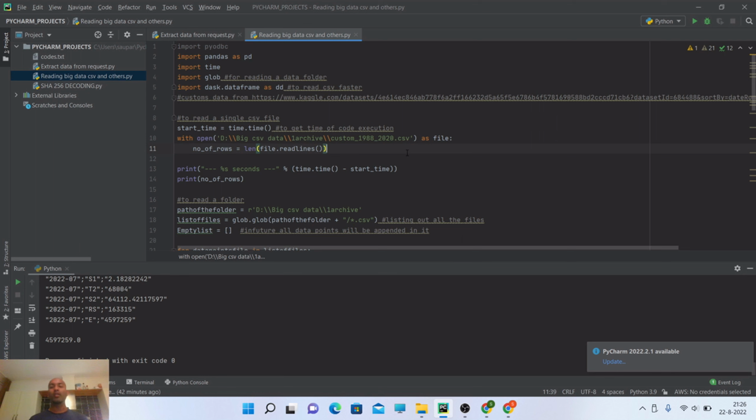I'm not going to run this code, because if I run this, it will take more time, because my memory capacity is limited here in this laptop. So I'm not going to run it. But I just wanted to show that there are ways to read a CSV file or a big CSV file. To read a single CSV file, you can just use open, and then use